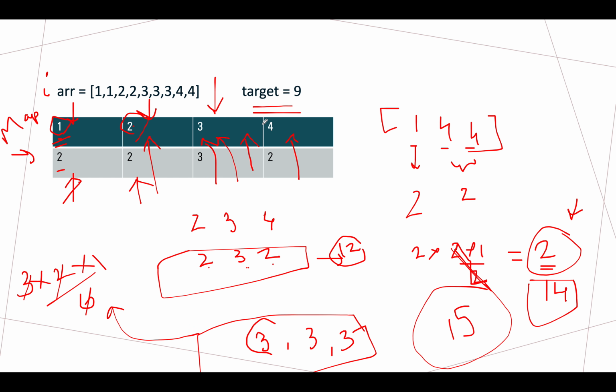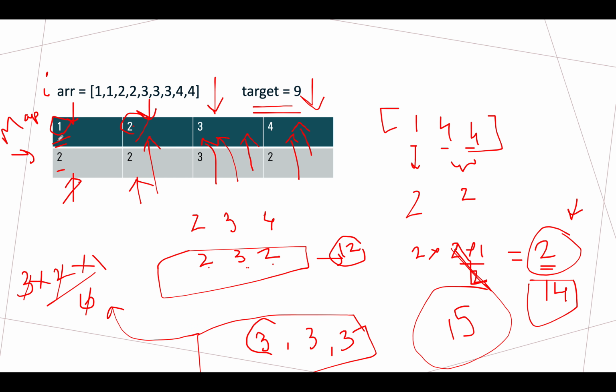And let's move on to the next case. We get 3, 4, 3 plus 4 is 7. 9 minus 7, which is 2, also exists in the map, but since 2 is lower than 4, we'll ignore that case and we'll move ahead with the iteration of the outer loop. We get here 4.